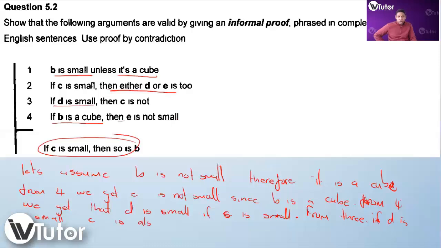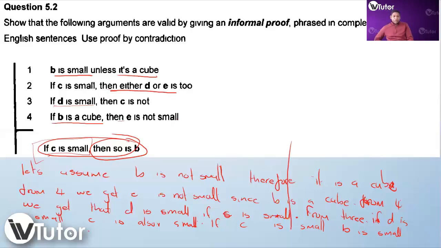Then from if C is small, here we are told that B is small. B is small, right? We therefore have a contradiction